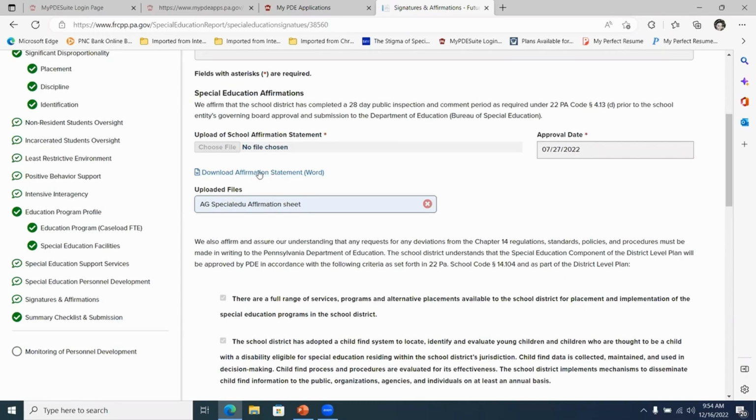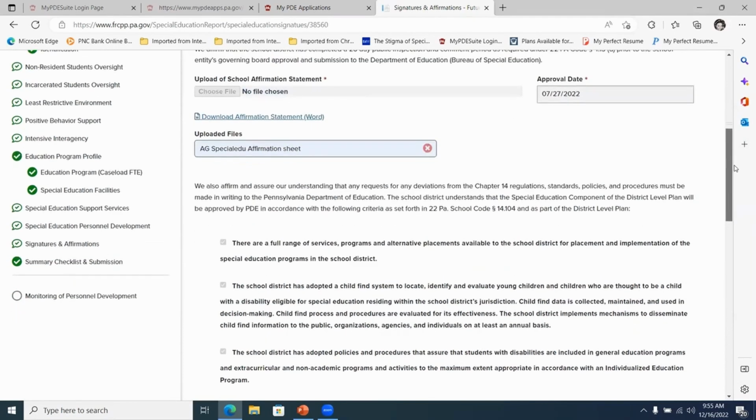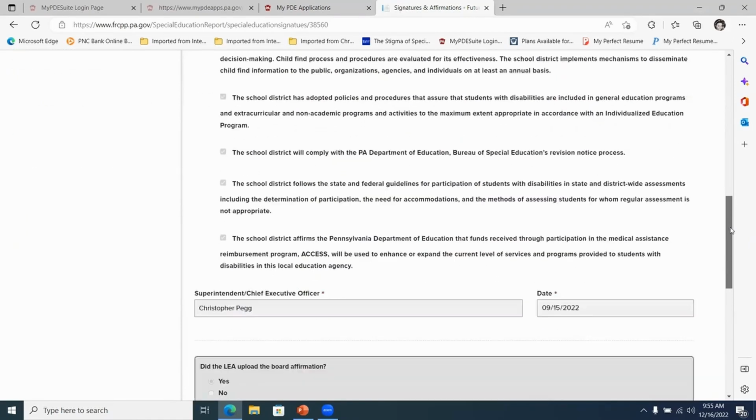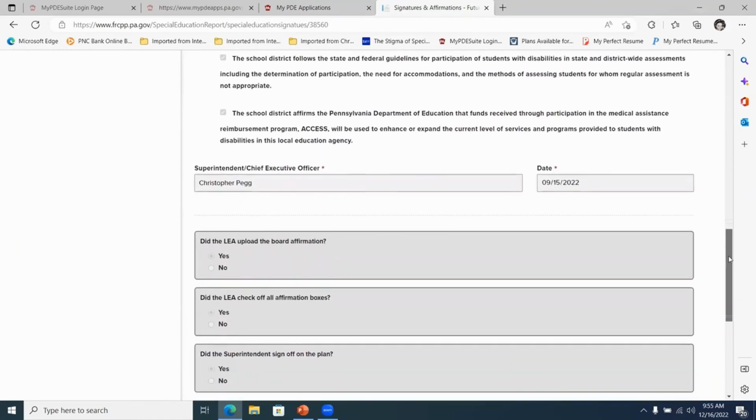That can be done by downloading this affirmation statement in Word and having the school board president sign there. It does not need to be the school board meeting date. It needs to be a document that they upload and sign. And then we assure these other statements. The superintendent will put their name in